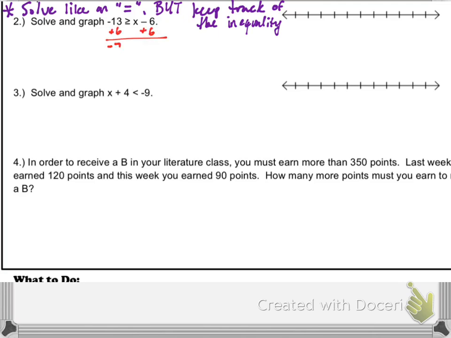Here we're going to add 6 to both sides, and we get -7 is greater than or equal to x. Now, I always think of it as x as a point of view, so even if I wrote it like this, I'm thinking x is less than -7 is the way I think of it. So what I like to do is I actually turn the equation. So I'm going to put the x on the other side and the -7 on the right, but since the